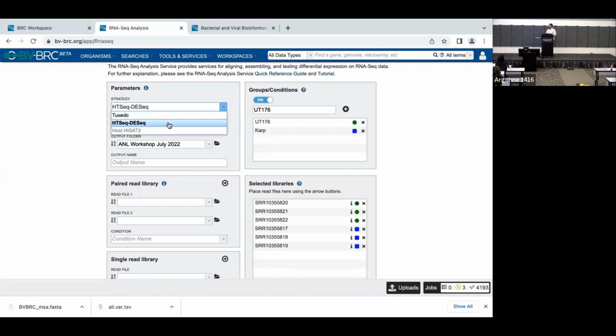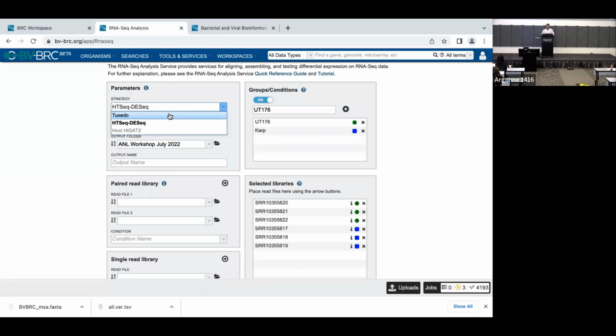The program DESeq2, you cannot run it if you do not have 2 replicates of each condition. And that's one of its pros, but also one of its cons. You get better statistical power and evidence for your upregulated and downregulated genes. Tuxedo can be run with a single sample per condition. So it allows you to do some quick and dirty estimates, but you also don't have as much statistical support